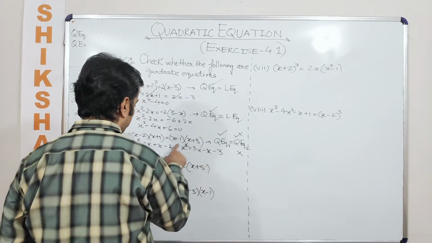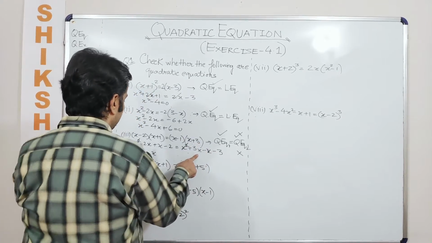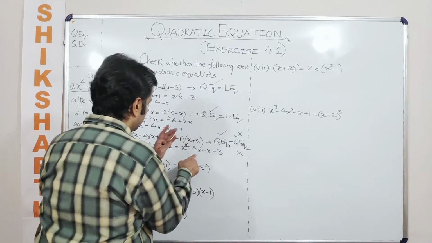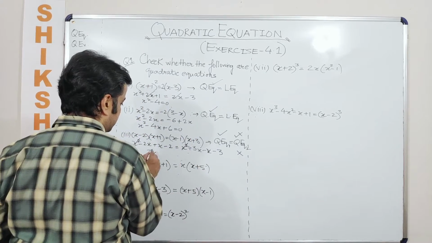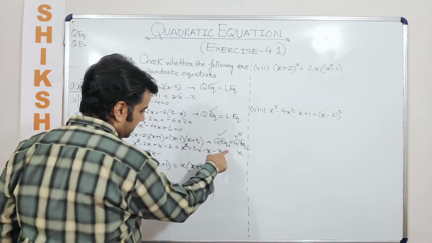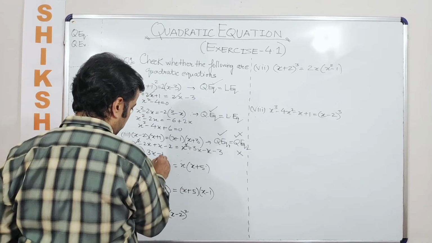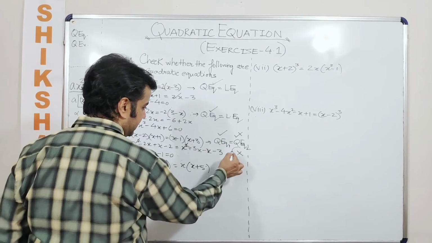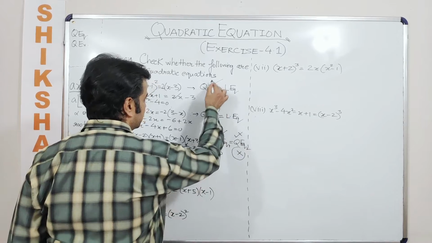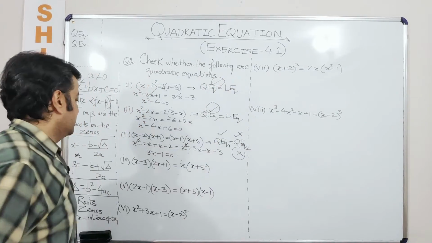Another way here is this is 2x, right? 2x, and this becomes minus x, so when this goes on the other side, this becomes 3x, and minus 2 when it goes on the other side becomes plus 2. So which is why we said at the very beginning no. So when I'm encircling, this is going to be the answer.